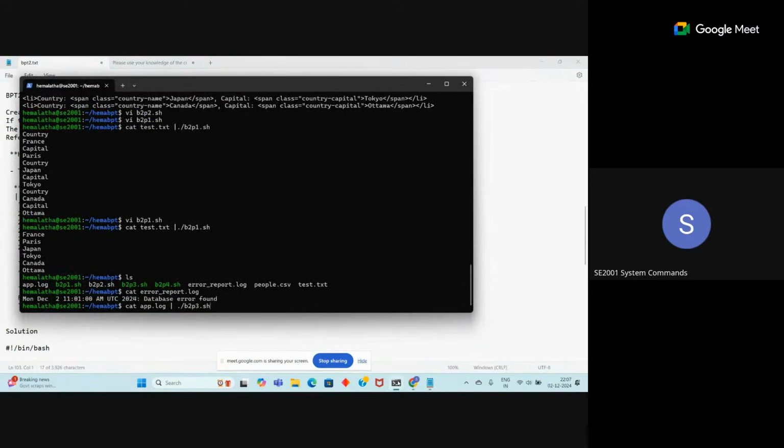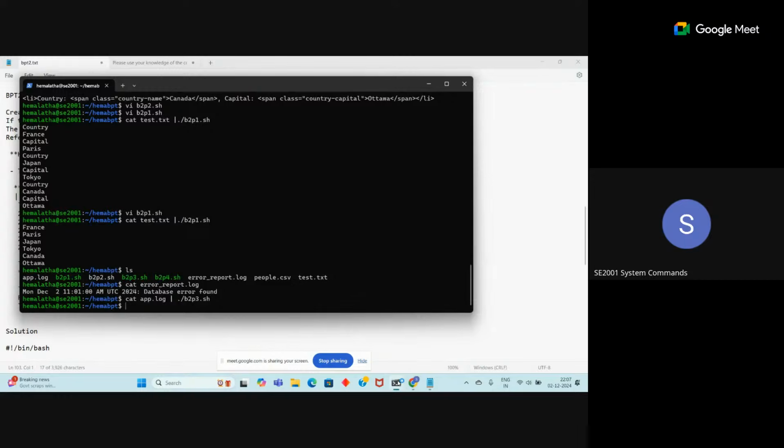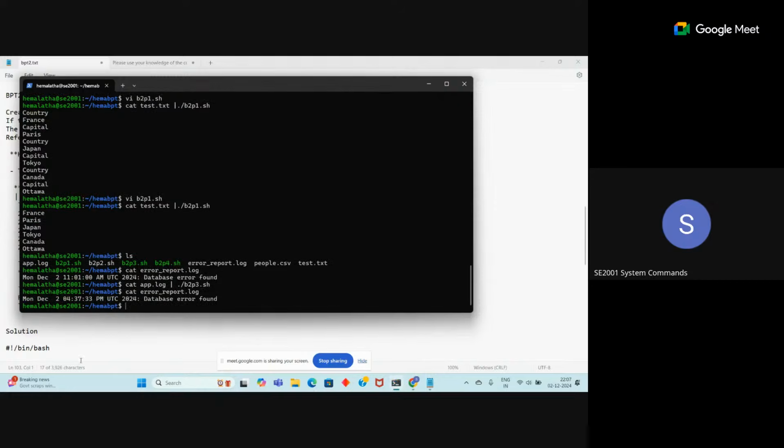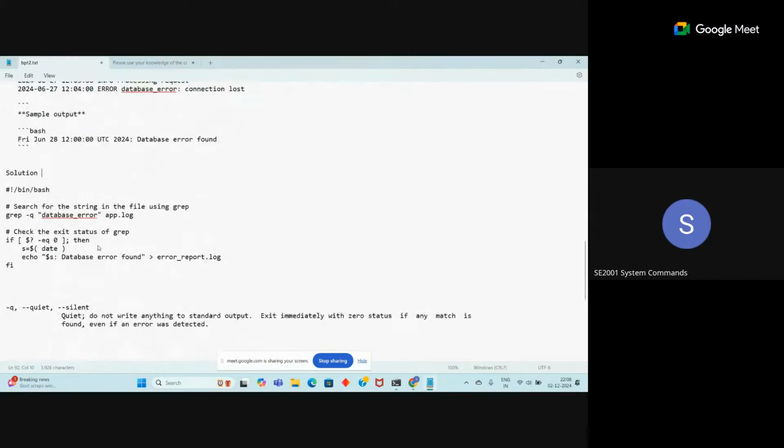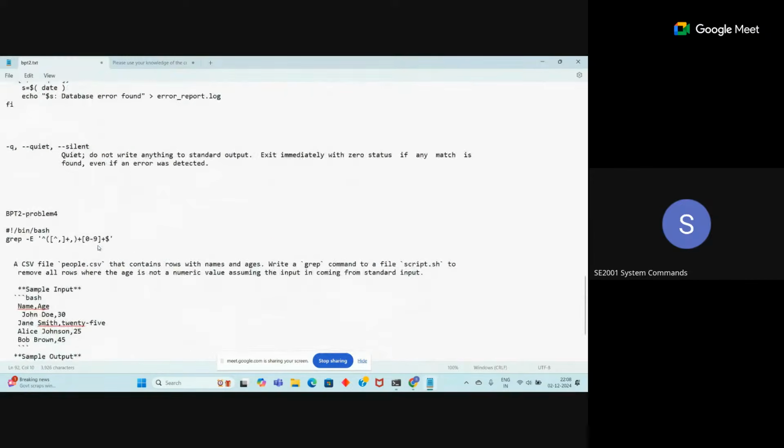So this is the script. Okay, so I've run it. Yes, timings. It has saved, changed. It has written the current. Maybe the server time is wrong now. Okay, so that is the third problem. Whereas the fourth problem is,